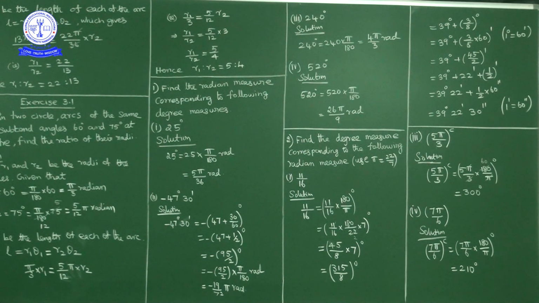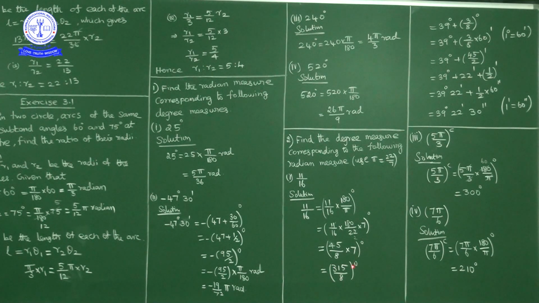Now, first of all, 11 upon 16 radians to degrees we are converting. So 11 upon 16 into 180 by pi degrees. To convert radians to degrees, we have to multiply with 180 upon pi. So 11 by 16 radians is equal to 11 by 16 into 180 upon pi degrees. The value of pi is 22 by 7, so 22 in the denominator and 7 in the numerator. After simplification we got